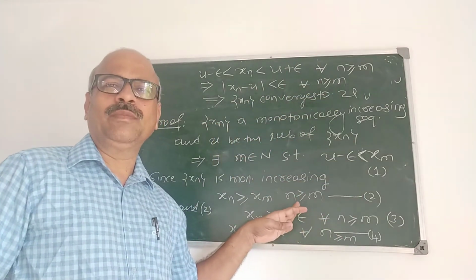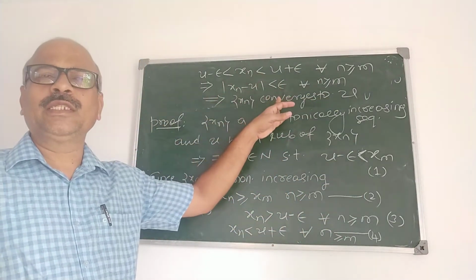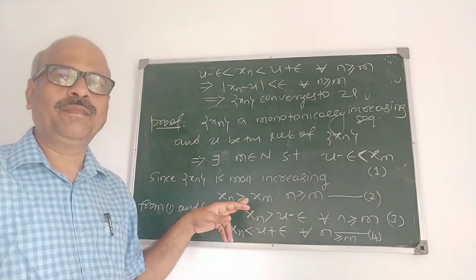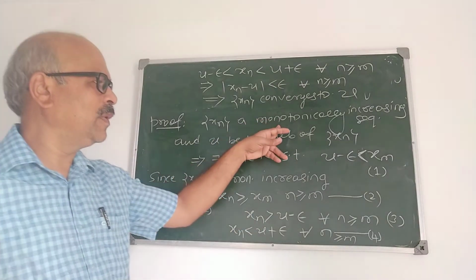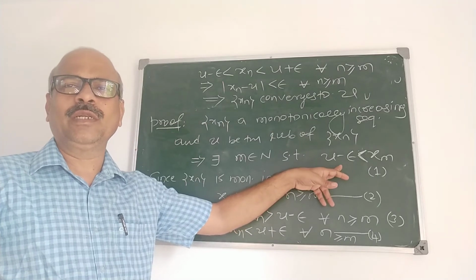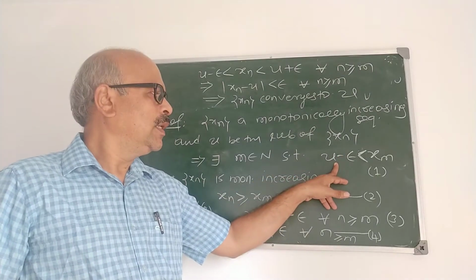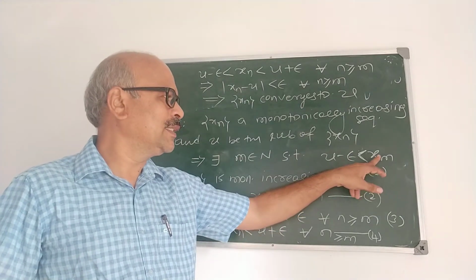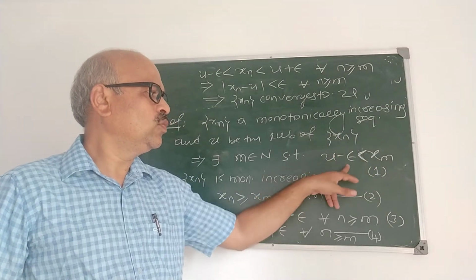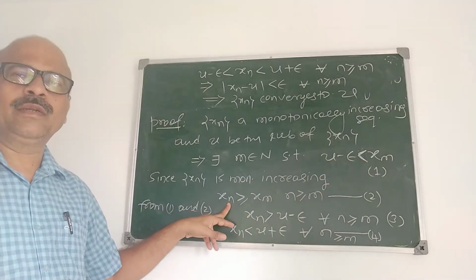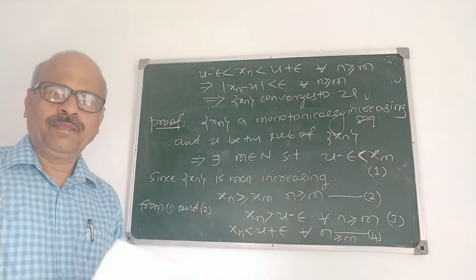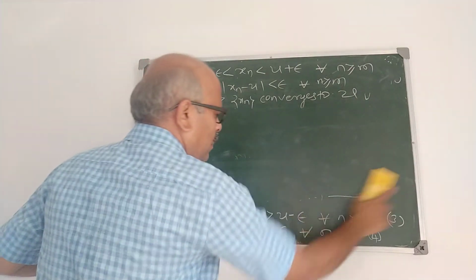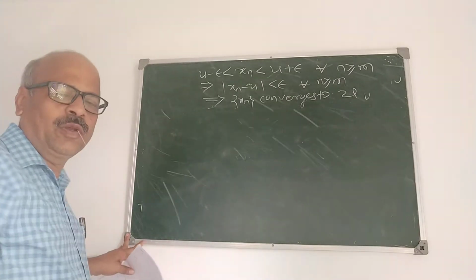To follow the proof of this, it is important. If a sequence is monotonically increasing and bounded above, then it converges to its least upper bound. The proof depends on the definition of least upper bound. This is important. U is the least upper bound means any number slightly less than u, that is u minus epsilon, is not an upper bound of the sequence. So there exists xm so that it is greater than u minus epsilon. But monotonically increasing is used here. So if the sequence is monotonically increasing and bounded above, it converges to its least upper bound.